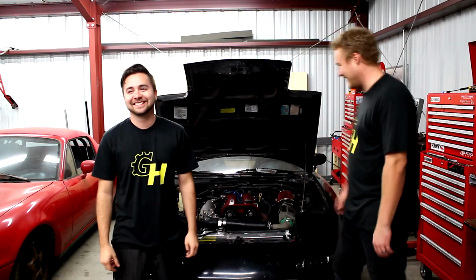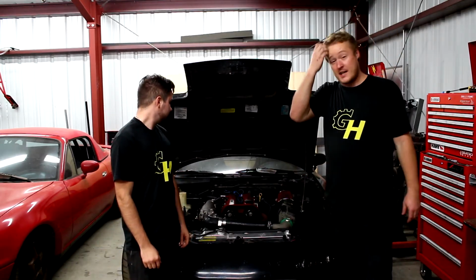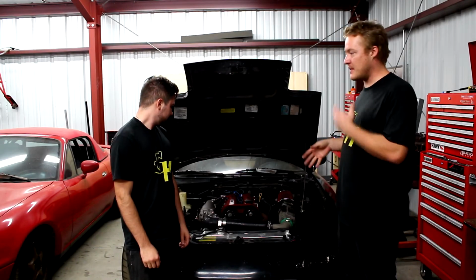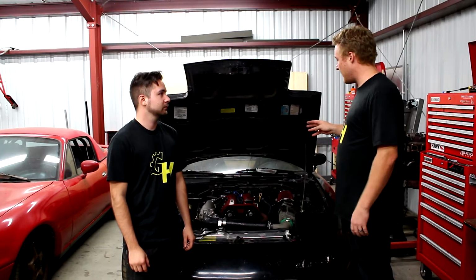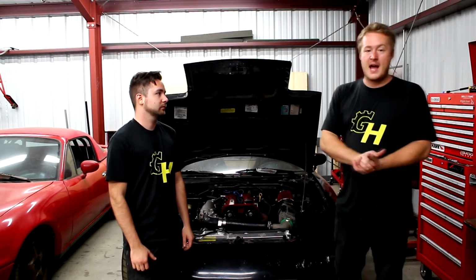Okay, so good news and not so good news. The coil pack brackets actually worked out great. I had to pull it in and out a few times and make some adjustments, make a couple extra cuts, but all said and done, now that they're in there, it's very sturdy and it works well, which is great. Now the bad news is